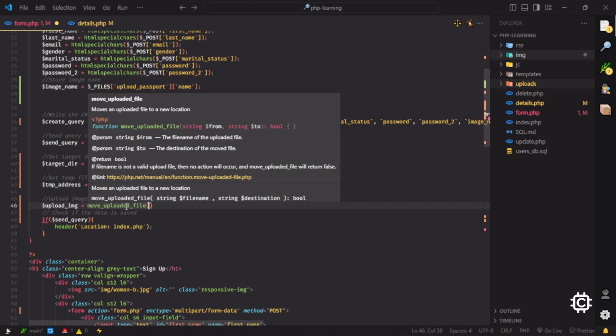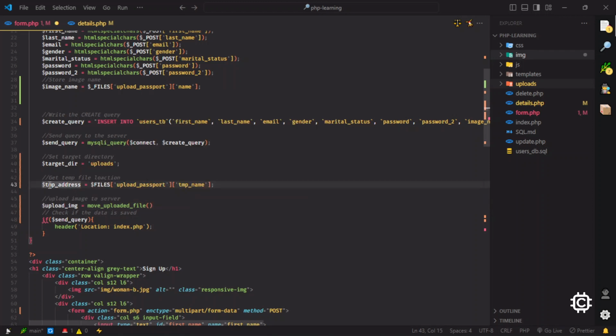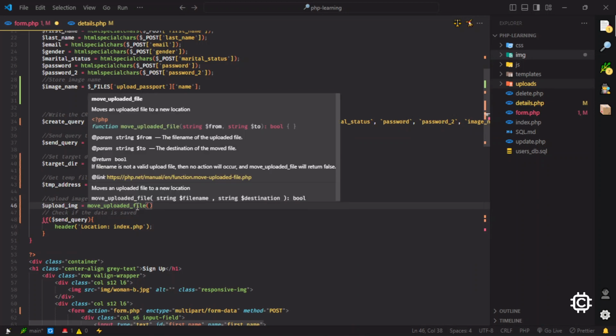But it's saying that it's moving into a new location, meaning it already has an old or previous location. And where is that previous location? No doubt this particular location here, this temporary location where it stores files before we process it. So if you look at the parameters that it's giving us,